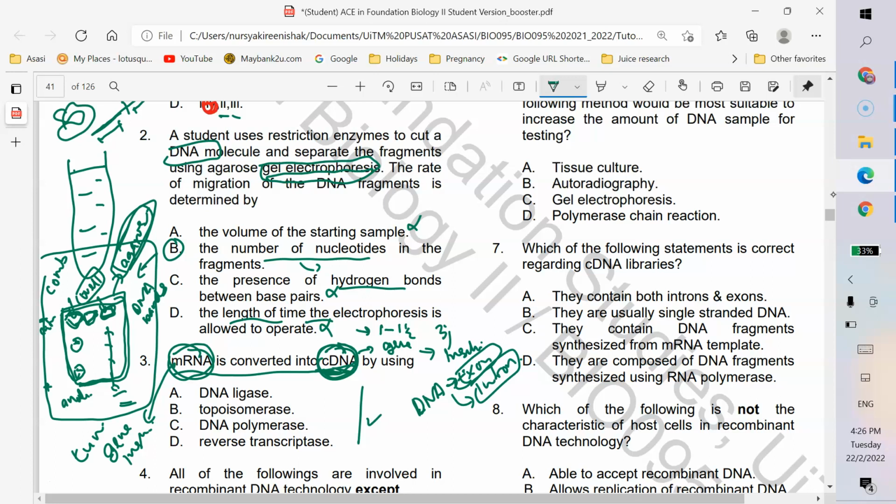Dekat awak punya mata pun ada gene for insulin. Dekat awak punya tangan pun ada gene for insulin. Tapi hanya dekat pancreatic cell sahaja gene untuk menghasilkan insulin ni diaktifkan untuk menghasilkan insulin. Sebab fungsi pancreas ni untuk menghasilkan insulin. So gene dekat pancreatic cell